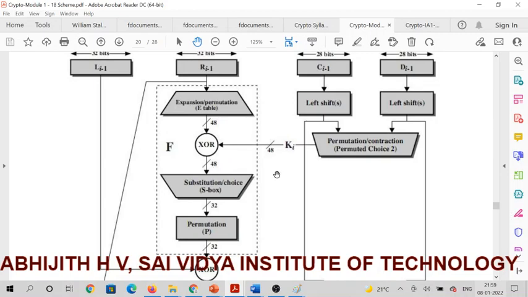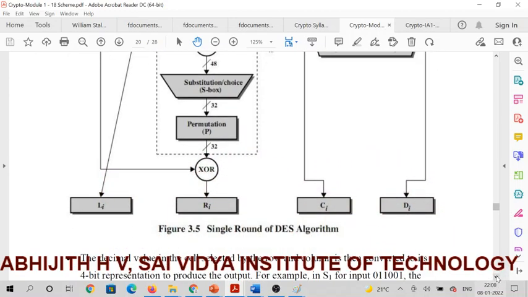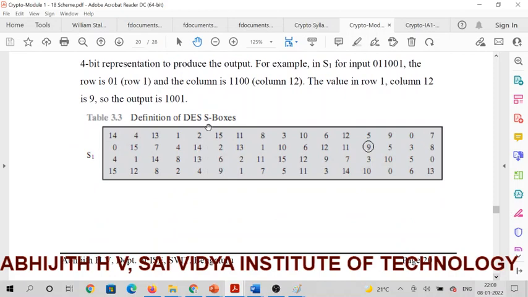Whatever output we get, 48 bits, will be given to the S boxes. There are a total of 8 S boxes used in the DES algorithm. Each S box takes 6-bit input and gives 4-bit output. So for example, let us assume this is one of the S boxes. Say the 6-bit input is 011001, for example.